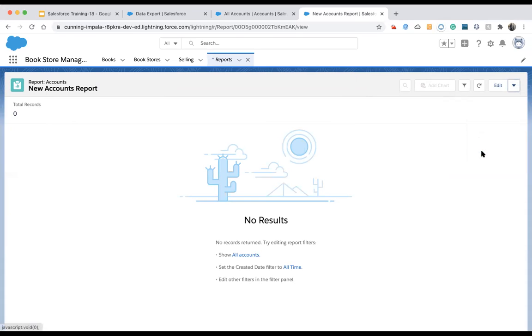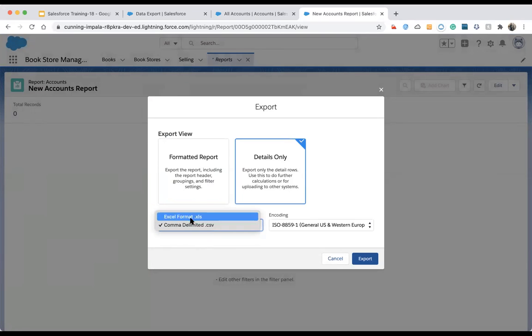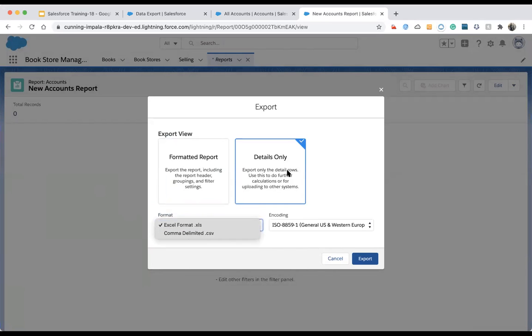Yeah, you can see there's export. If you click on details, it asks for a CSV file or XLS file. XLS is an Excel file, meaning Excel format. In the formatted report, whatever formatting is over there will be applicable. And if we just have comma separated values, then we have to use the CSV file. So in this way, we export the data using some filters.